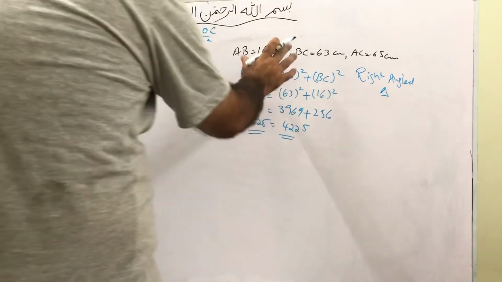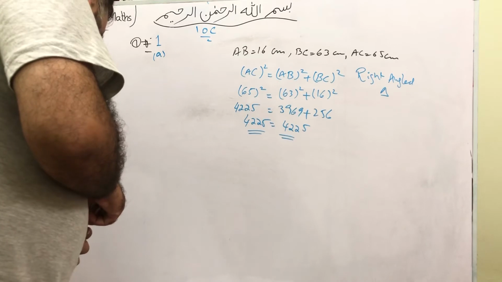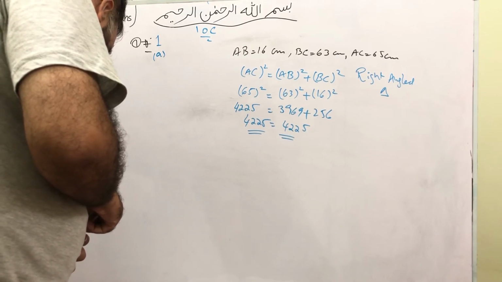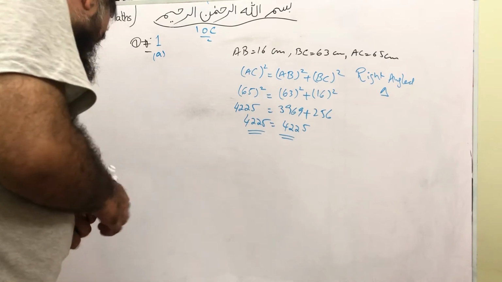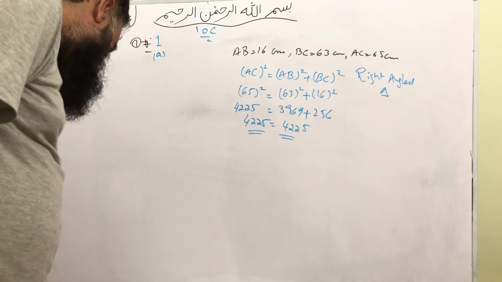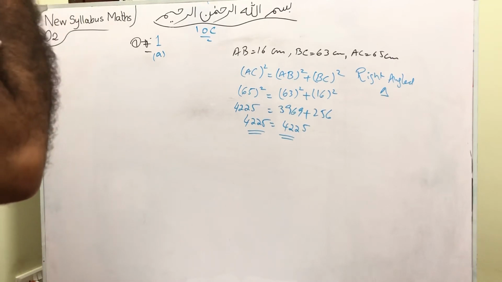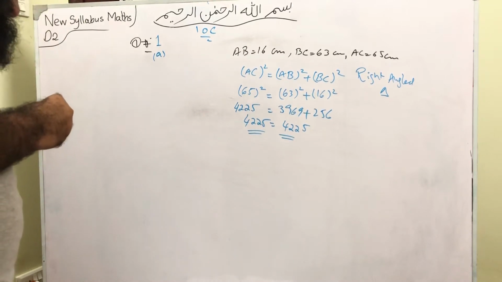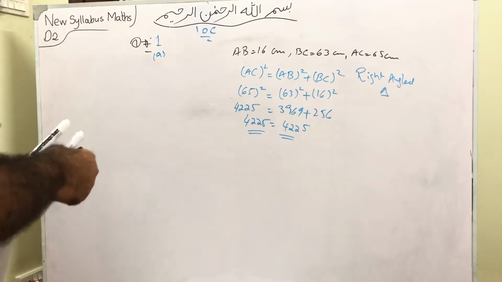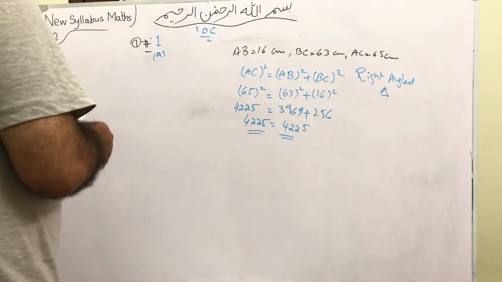The reason is that Pythagoras theorem applies only to a right angled triangle. The statement was: determine if each of the following triangles is a right angled triangle. For each right angled triangle, state the right angle. So we need to state the right angle as well. Which one is the right angle? By using this information, we can also draw a triangle.